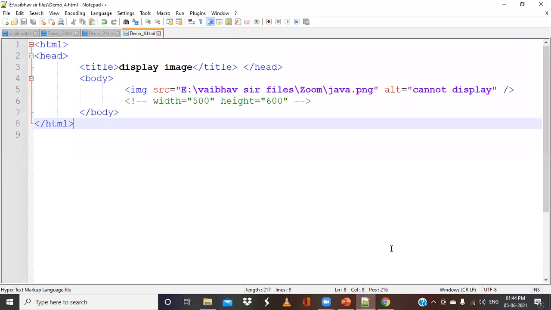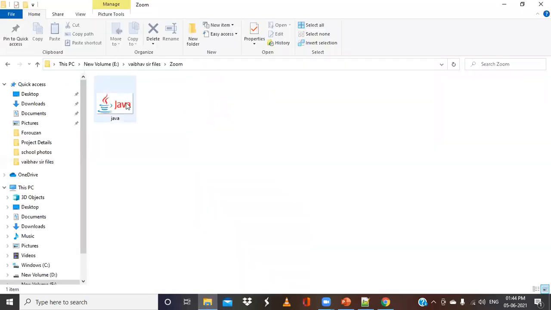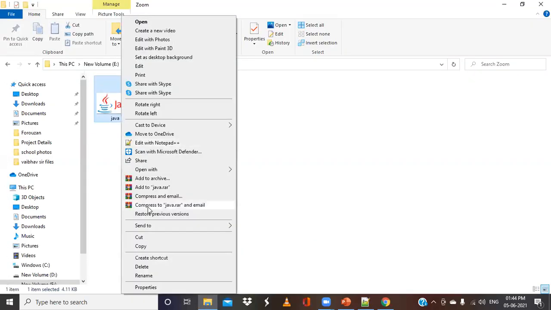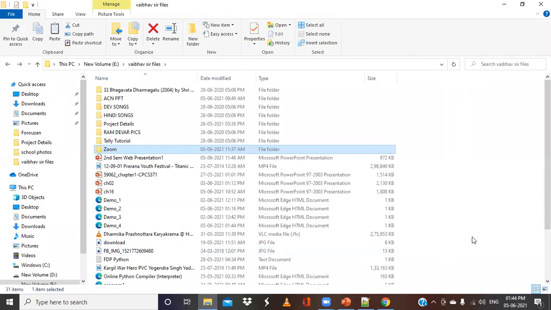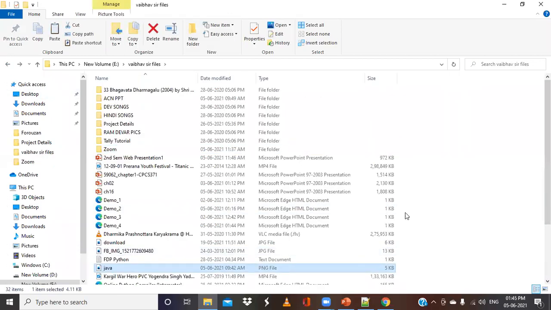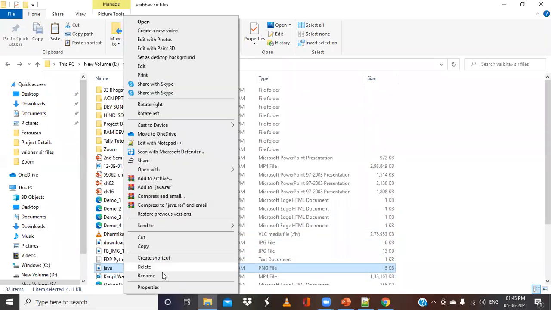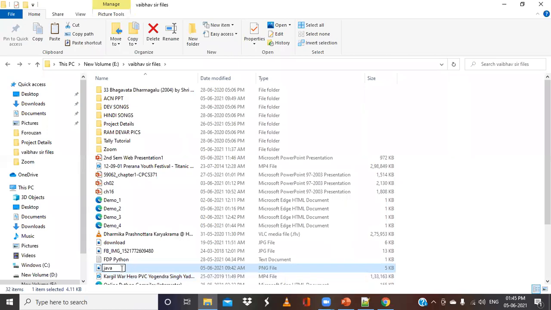So if I have the image file inside this particular directory itself, I will again copy this and put it here. I will change this name: instead of Java, I will name it Java 1.